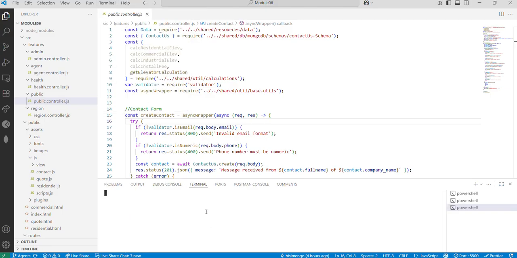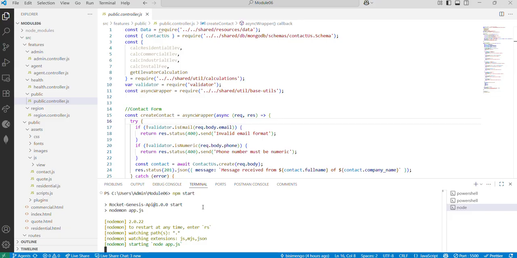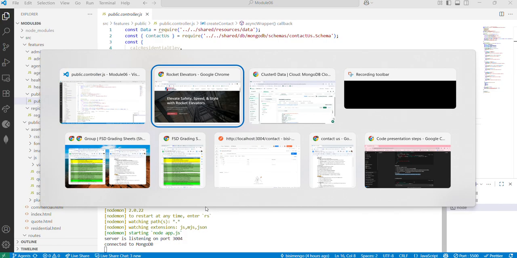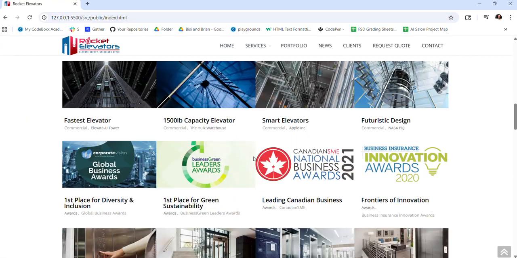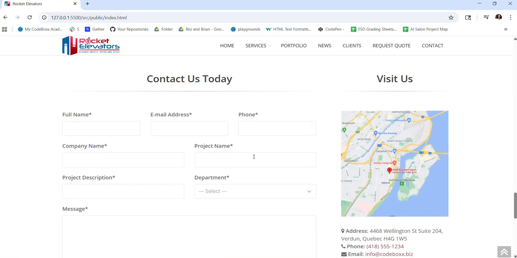First, I would like to start my npm to ensure that it's connected to MongoDB and also to Postman. Next, we will start by creating the new contact. Name, email address, g@gmail.com. Put in a random phone number, company name, project name, then populate the department and the message,